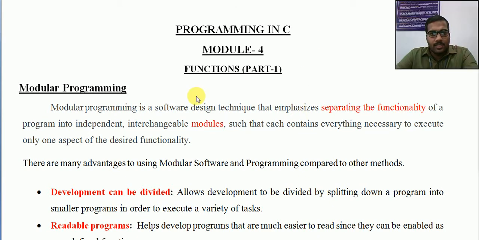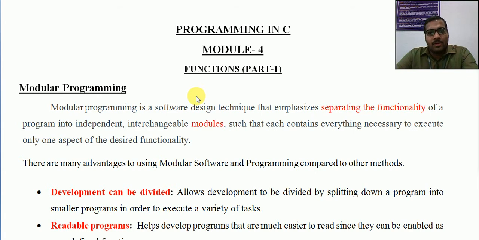Dear students, today we will start a new session called functions, which is one of the major concepts that is used in any programming language, similarly in the language C also. As the name indicates, a function has a particular role, some operations to be done according to the requirement of the programmer or the user.